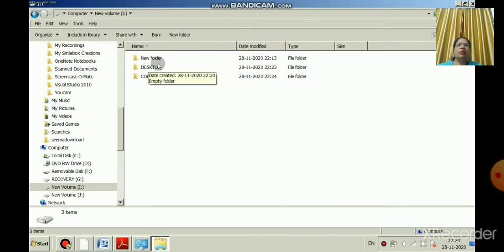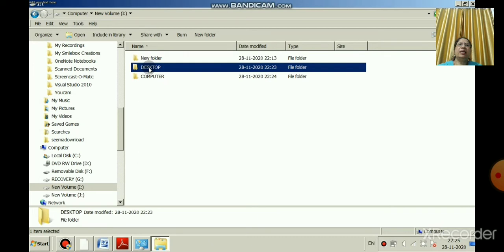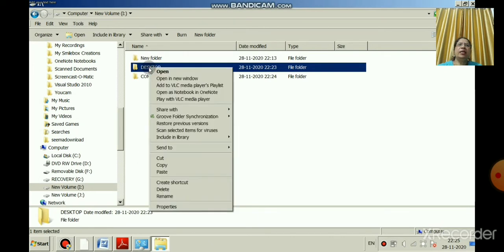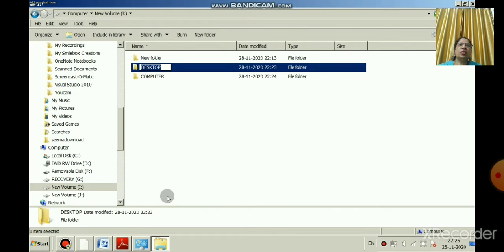Now we will rename a folder. How to rename a folder? To rename a folder, select it, right click, and the rename option is there. Click on the rename option from the shortcut menu and type the new name.